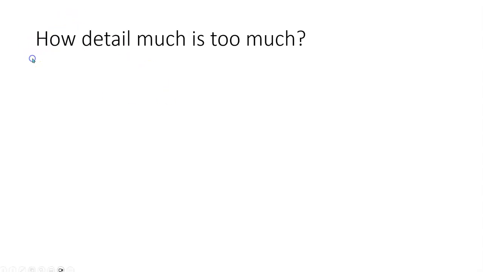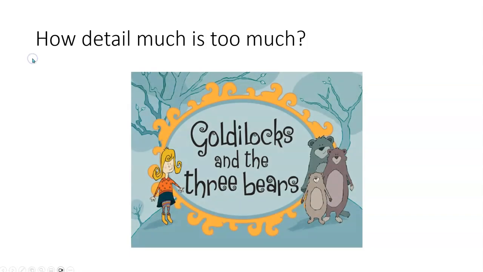Well, we're going to go with one of my favorite ways of doing this. I call this the Goldilocks approach. For those who are familiar, and there are people who aren't familiar with Goldilocks and the Three Bears, basically the story is that Goldilocks is walking through the forest and she finds a house that is owned by three bears, a mama, papa, and a baby bear. And as they're not home, they're out, doing what bears do when they're not home.